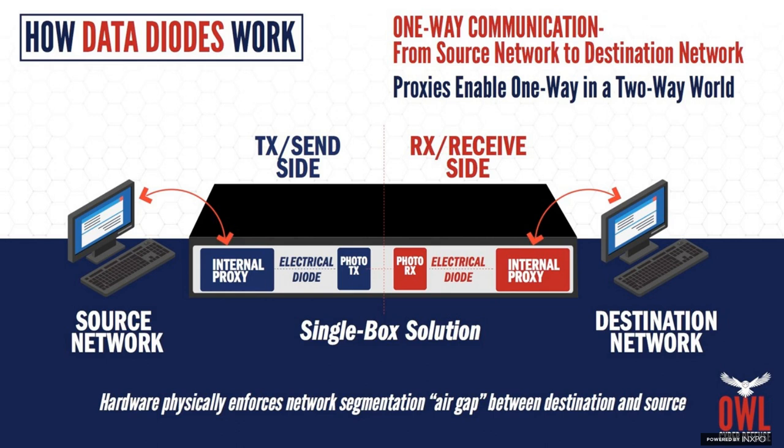So you've got a built-in solution that's breaking the connections, not routing anything, and not allowing anything on the inside to ever communicate to something on the outside unless it's been configured ahead of time. The source side is configured by one administrator, completely separate from the destination side, configured by another channel, totally isolated. But it allows that traffic, that payload, to get moved across without any threat vectors in. So it's physically impossible to come in through the receive side and get into the source side. And it's really preventing things on the inside that are bad from getting out of the network and potentially doing some other damage.